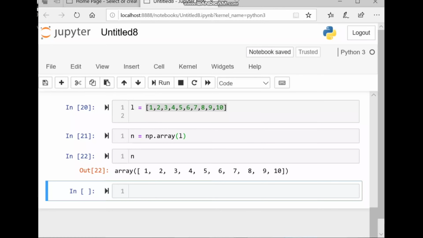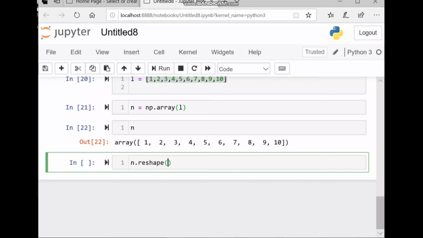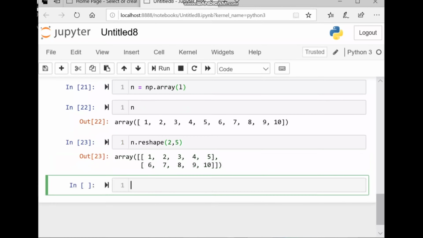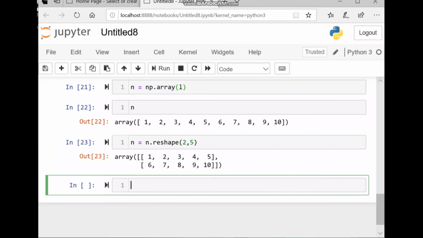Now we will change this NumPy array into a 2D NumPy array with the help of the reshape function. So n dot reshape, and here we pass 2 comma 5, because its multiplication must be equal to the total number of elements in that array, that is 10. 2 into 5 is equal to 10. Assign this to the variable n and check n.